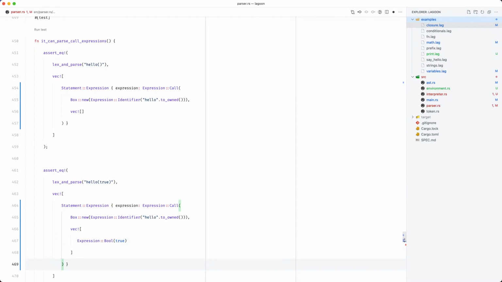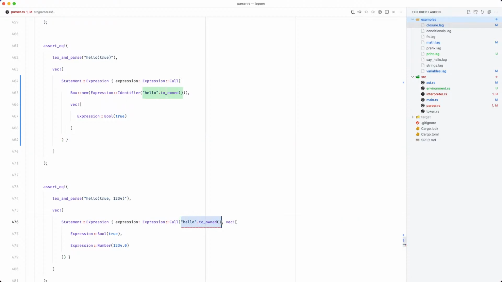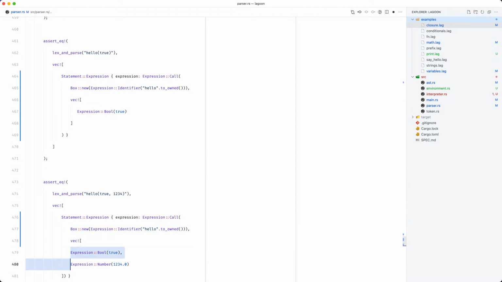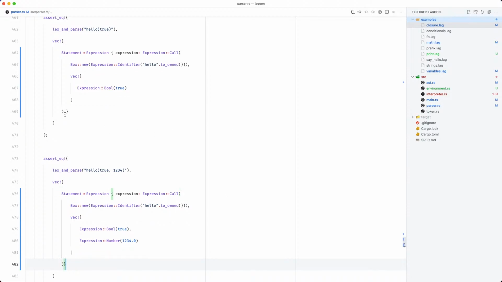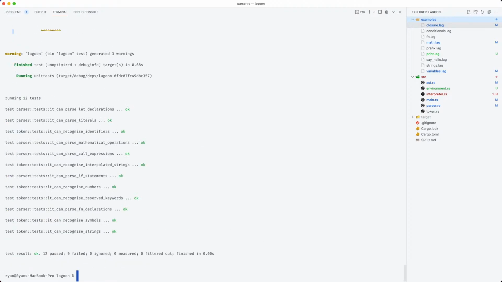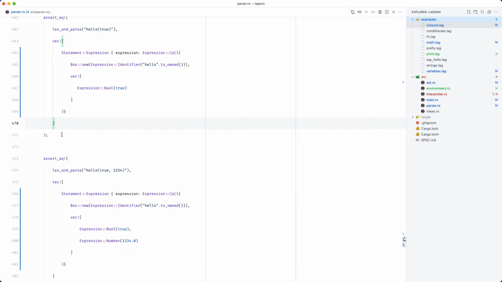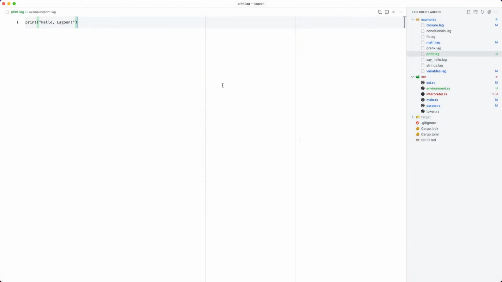That there, like that, I suppose. And the same goes for this one. Yep. We'll put the vec on a new line, indent all of this, like so. So our test suite should be parsing, and it is. Perfect. No, don't get rid of that. So print, that is fine.